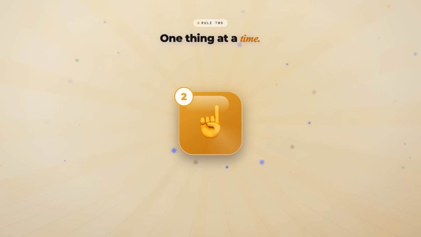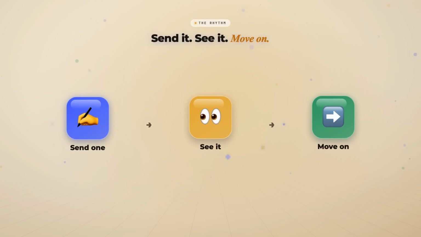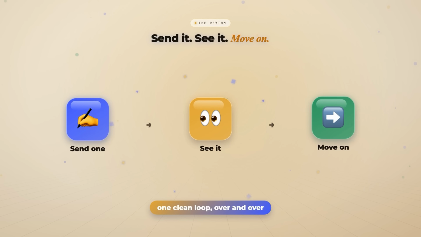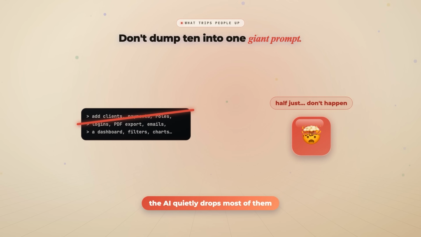One thing at a time, one feature per prompt. Send it, see what shows up. Then just simply move on. The thing that trips people up is dumping 10 requests into one giant prompt and then wondering why half of them just didn't happen. And lastly, because this one kind of changes everything,